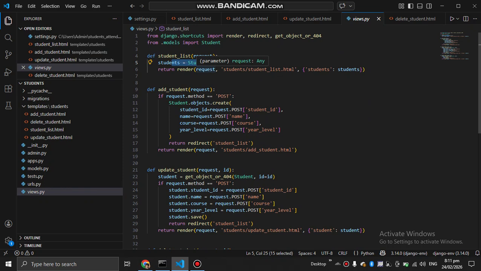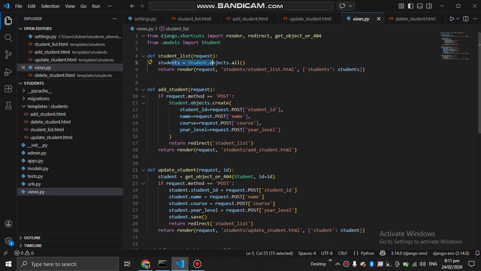Then return render students/student_list.html, to render the HTML template and also pass the student data.